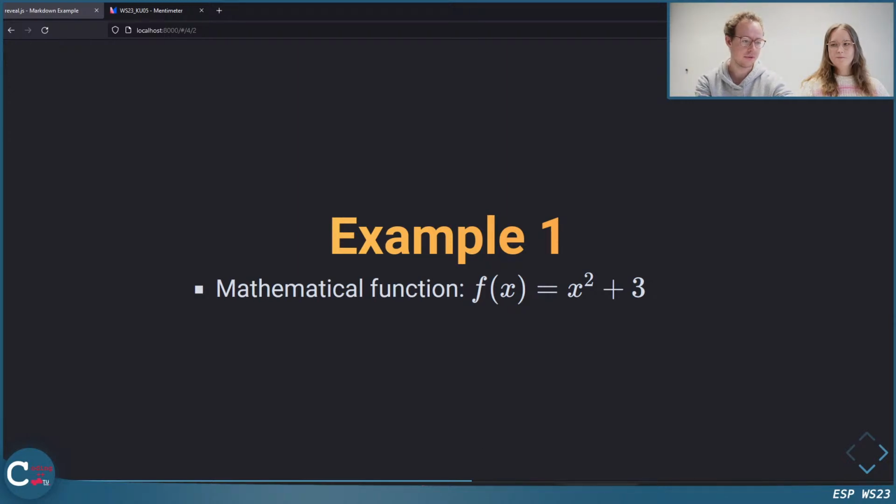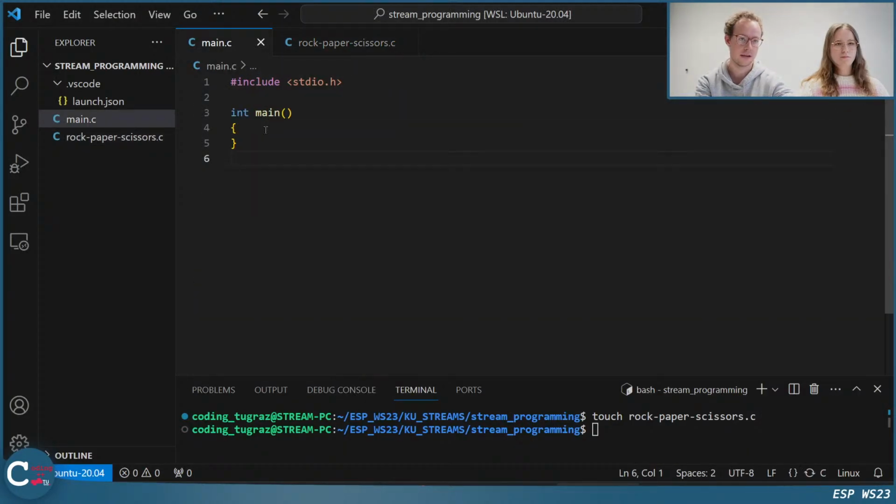Okay, so I will do this now here in our code editor in VS Code. I already prepared a main function here, and now I want to write this function x squared plus 3 that I showed you.